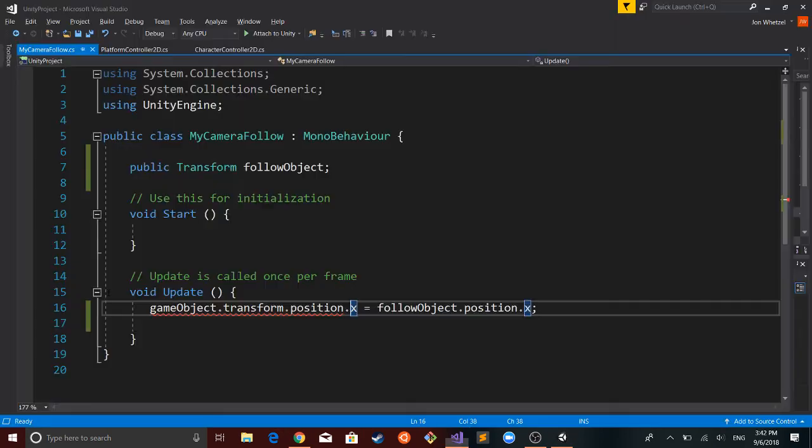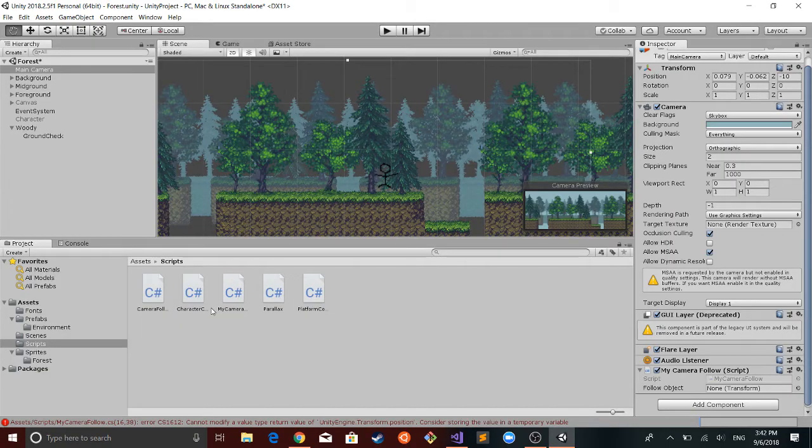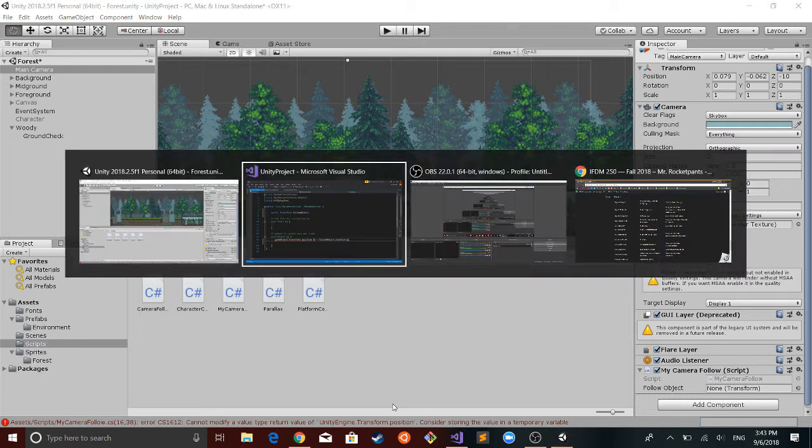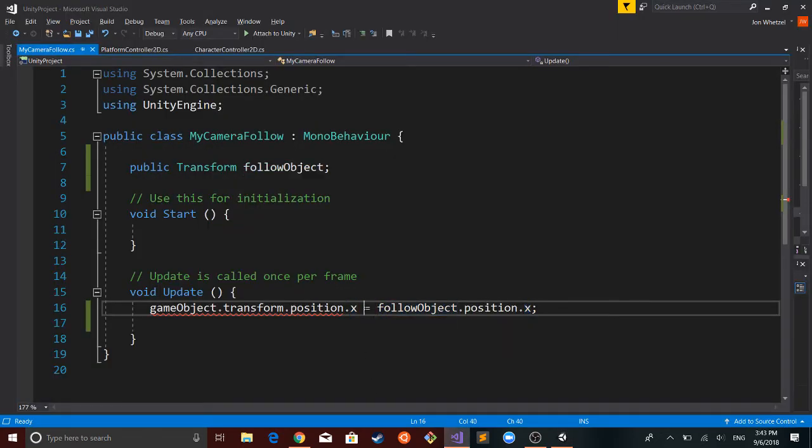Okay, so it's giving me this error saying cannot modify the return value of this transform. Consider storing the value in a temporary variable. Okay, so it's not happy about this. Then what we can do is